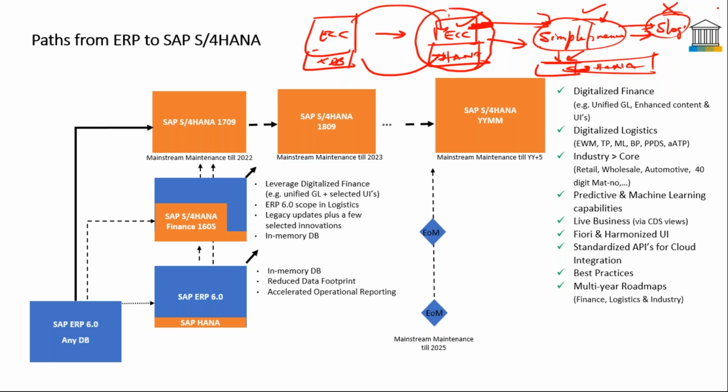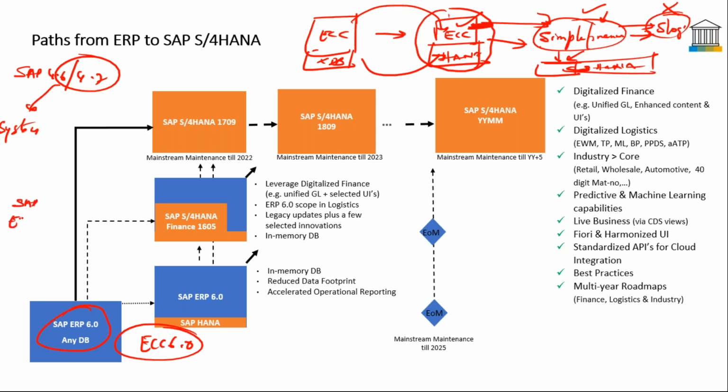So those transactions will be executed in this SAP S4HANA system. This is most critical because, at minimum, any customer who wants to migrate has to be on ERP ECC 6.0. Because a lot of customers would still be on SAP 4.6 or 4.7. In those cases, they cannot go for something called a system conversion. System conversion is where you're converting your SAP ECC, bare minimum 6.0, directly to SAP S4HANA.